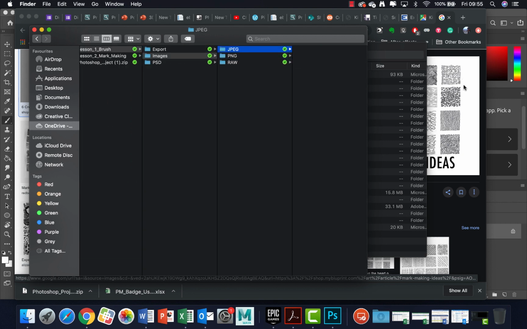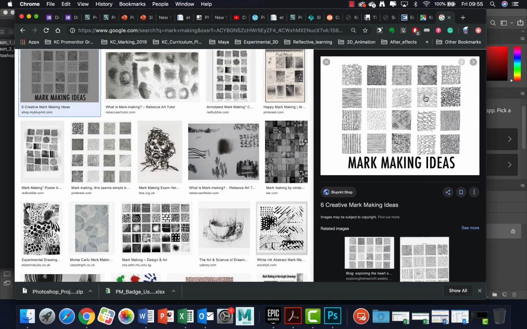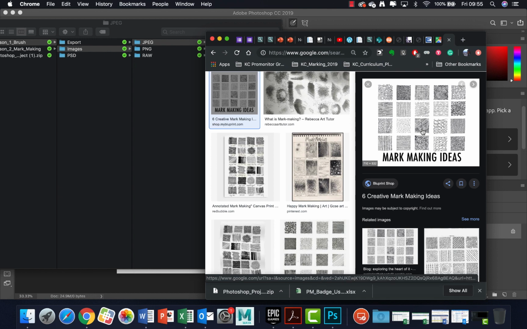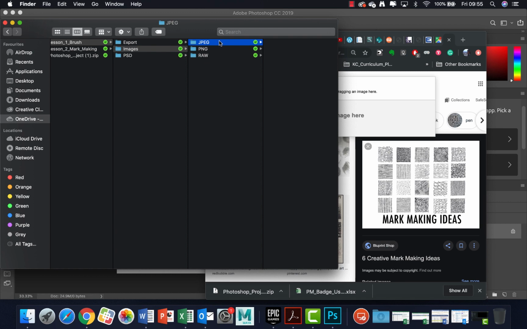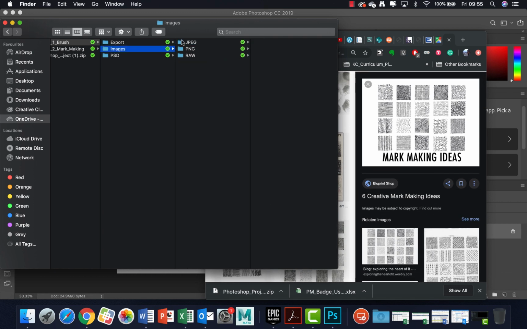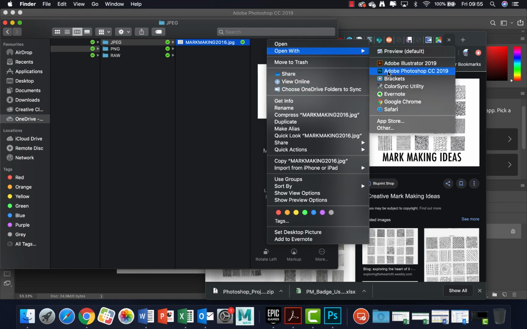Images, JPEG. Now you've downloaded yours from your email. I'm just going to borrow this one. It doesn't go inside the folder, make sure you put it inside the folder, but you can rename yours if you need to. Now if I right click on this and say open with Photoshop,